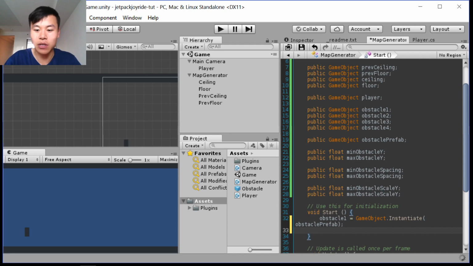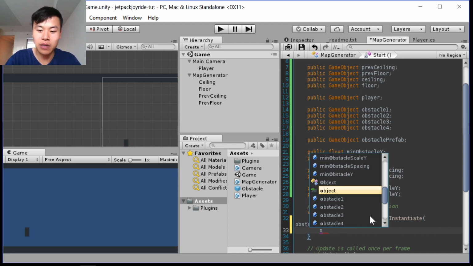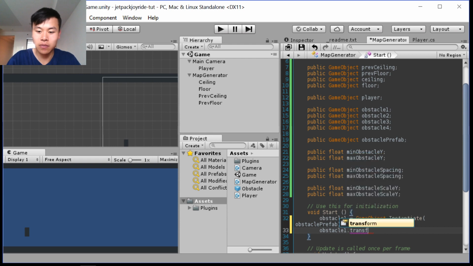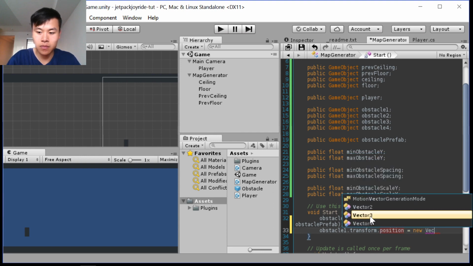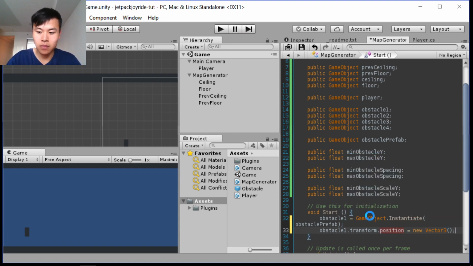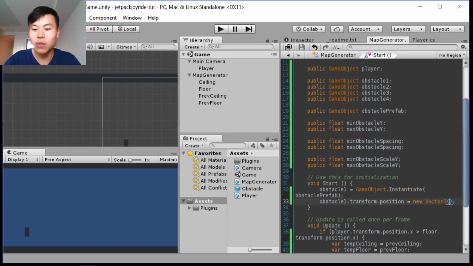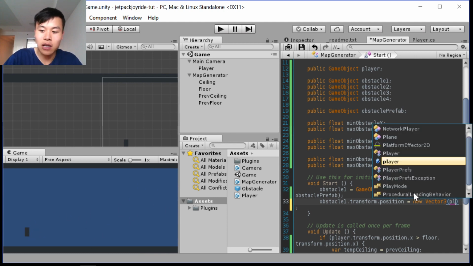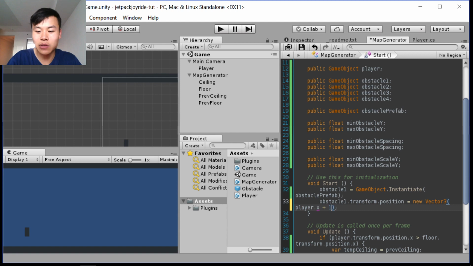And I want to set the position of that newly instantiated object. So what's going to be the X when I start off? Well, I don't want it too close to the player. If I just start the game and my obstacle is right up to the player, that's going to be so annoying. So I want player.x plus some number. I'll just say 10,